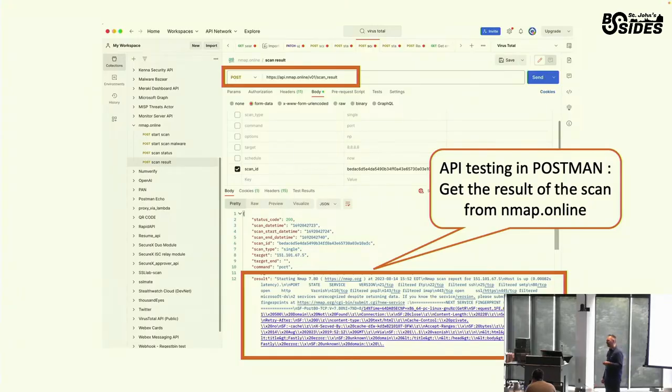I'm going to give you an example. Of course, this is to scan a public IP, not an internal IP. That's a little bit different, right? So I'm going to give you a short example.